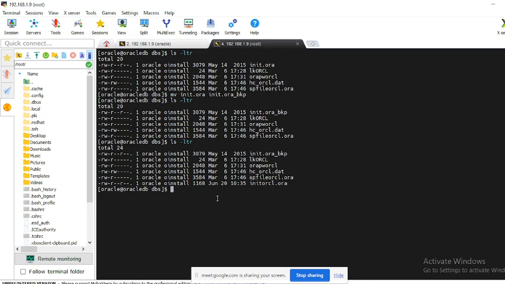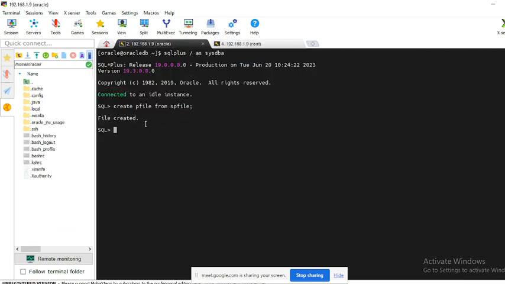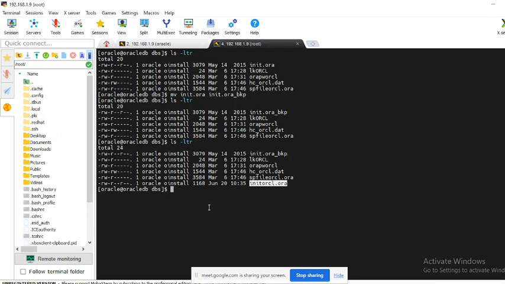Now if you have lost your SP file, but you still have the P file, what you will do is run the same kind of command: create spfile from pfile. Suppose you have lost the SP file. What we will do here, we will delete the SP file. Now we have lost the SP file.